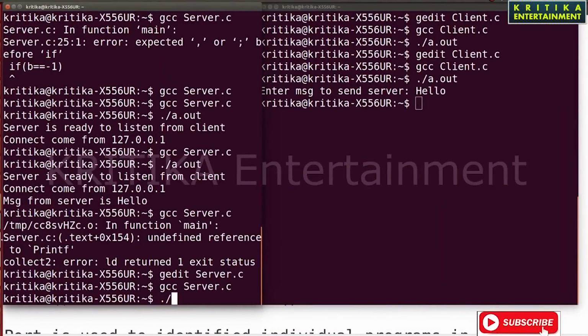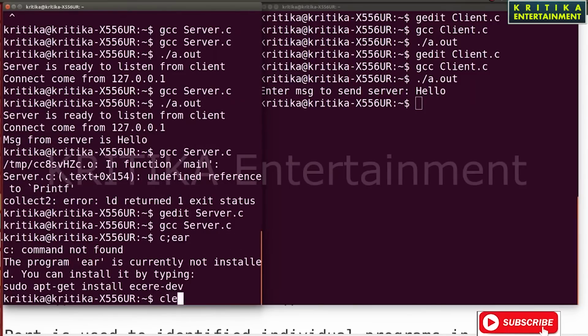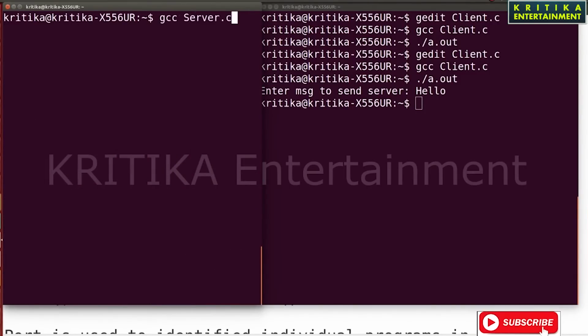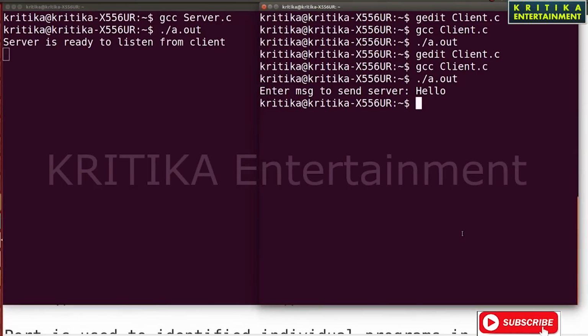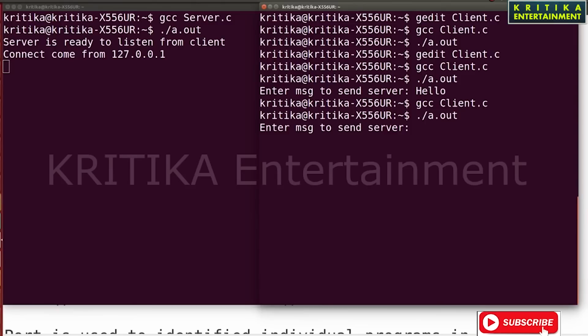Clear the screen. Then here run, okay, then run the program. You write hello, then come to this side, and on the client enter hi.